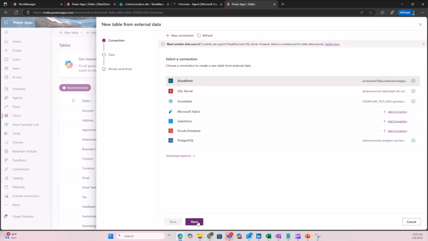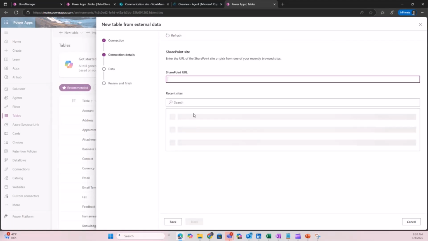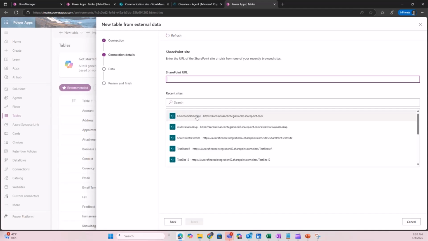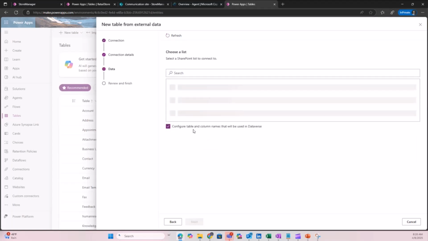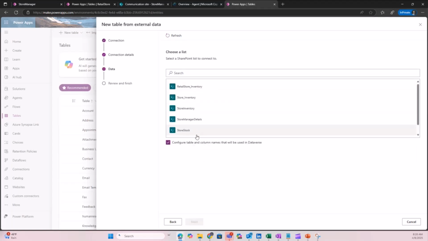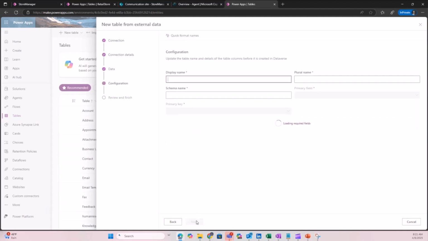I choose a source, and then I choose the location where the data is located. Because I know where it is, I chose the communication site. Then it gives me all the lists that are available within the SharePoint. In this instance, I wanted the store manager details, so I'm choosing store manager details to be virtualized in Dataverse.